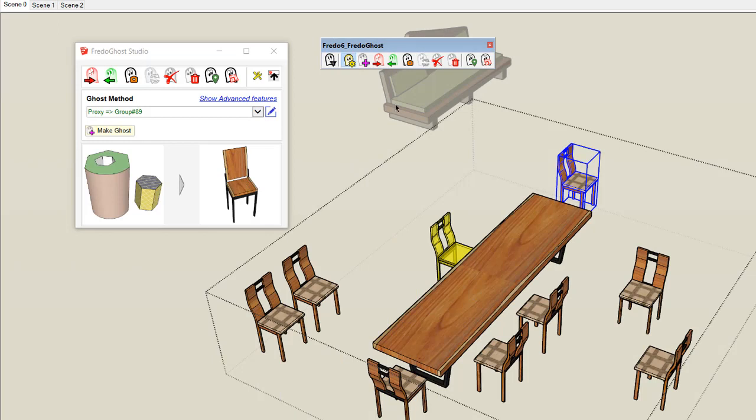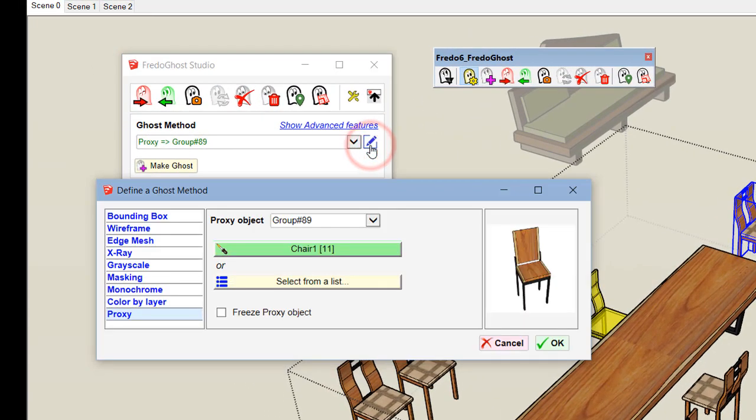So this concludes this short tutorial on ghost methods. By the time you watch this video, there may be more methods in FredoGhost, in particular around simplifying objects.